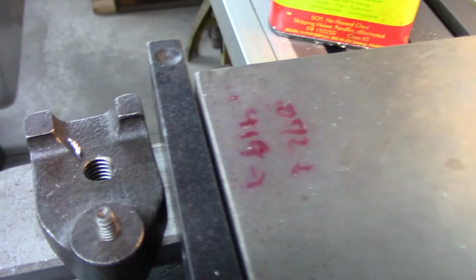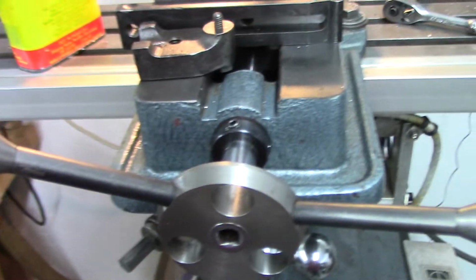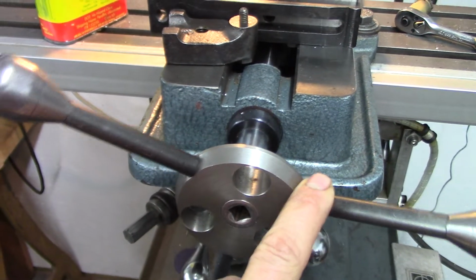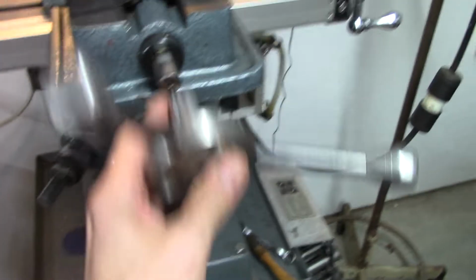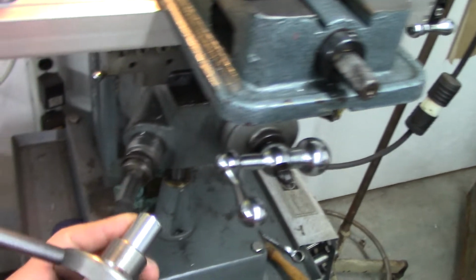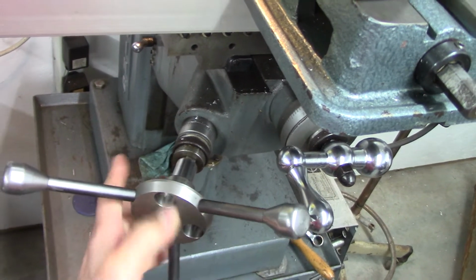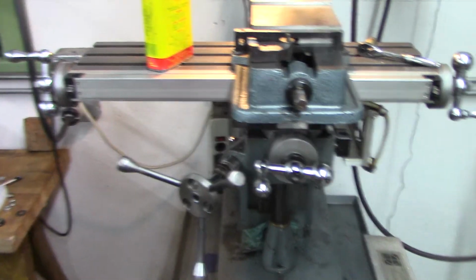Guys always write stuff on their vise for numbers. I made this back when I was 20-some years old out of steel. A lot of them are aluminum. What I did too, this vise has a 5/8 square, I'm sorry, hex. This had a 5/8 square, and I made a hex so you can use it on the knee as well. And I cross-fitted that up there. So anyhow,